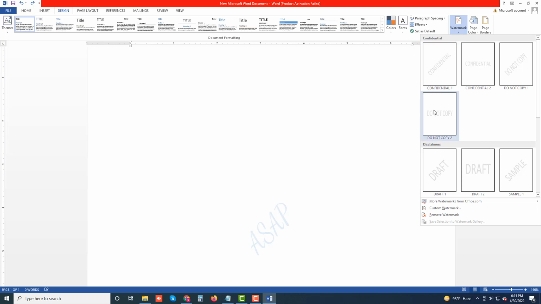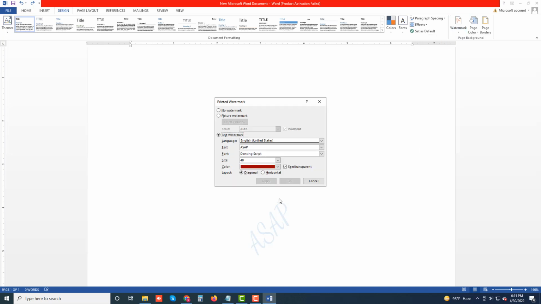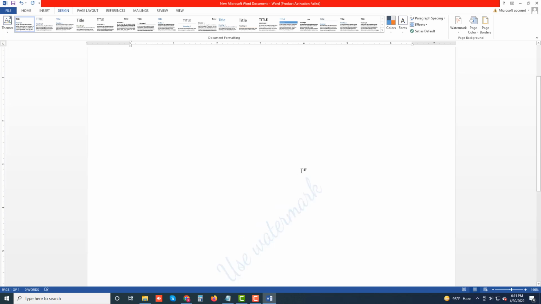The text is not editable, so I'm going to scroll up. Use Watermark. See there, my watermark is added. So you can easily use a watermark